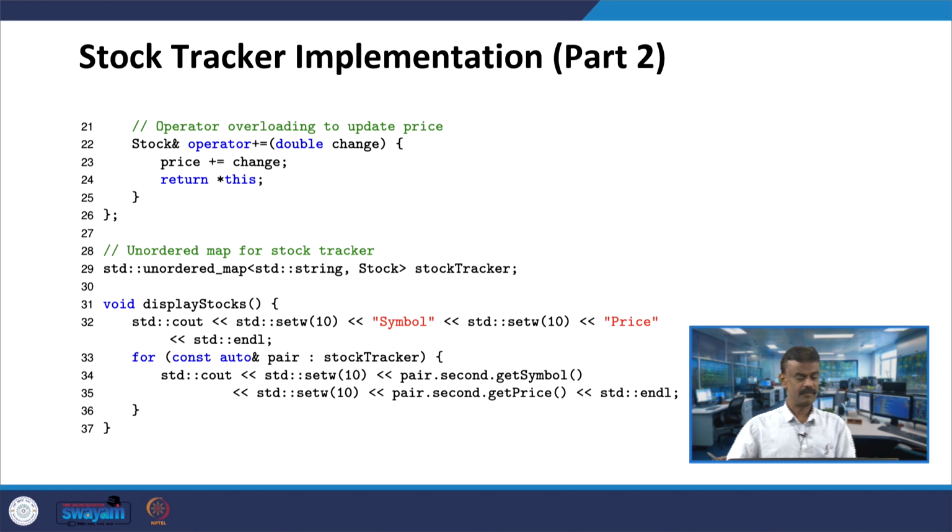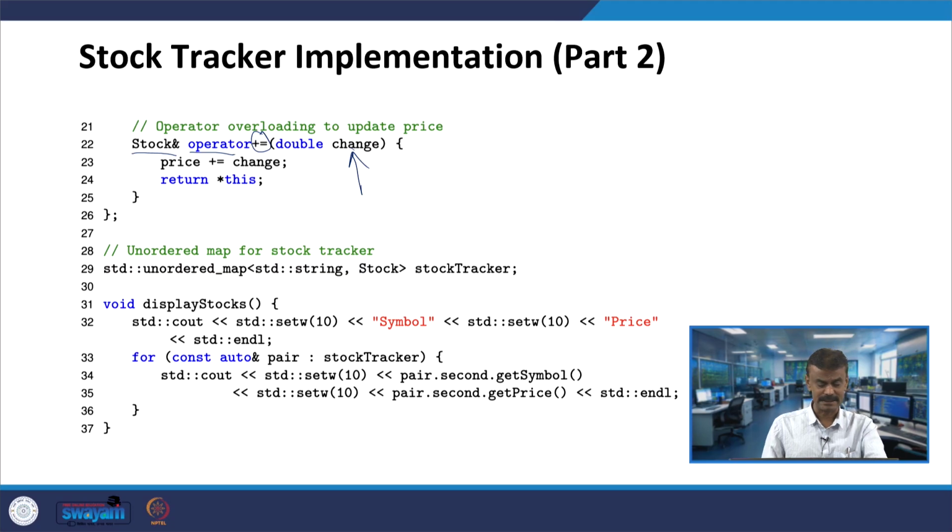Now here we use operator overloading. Stock reference, operator plus equal to, which returns the reference, or you can say it returns the pointer. In operator plus equal to, the parameter is named change. Price is equal to price plus change.